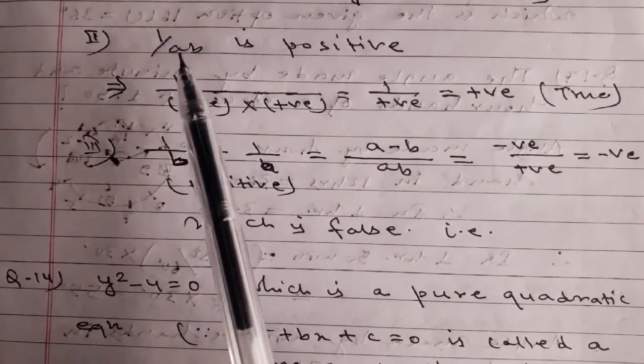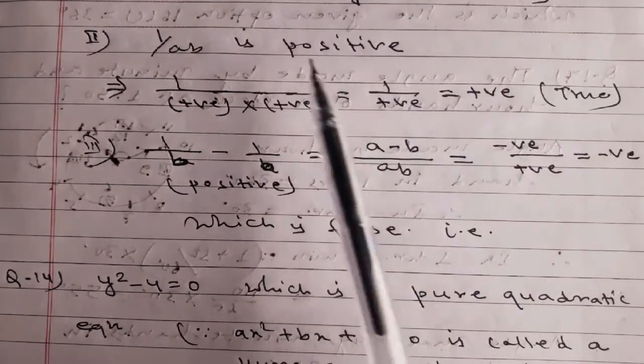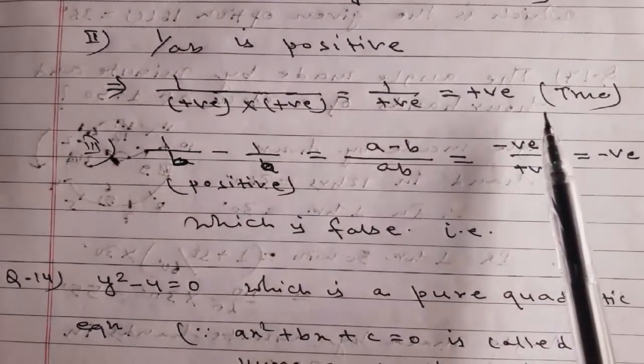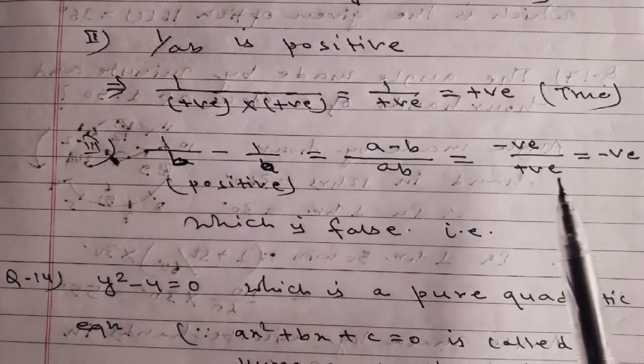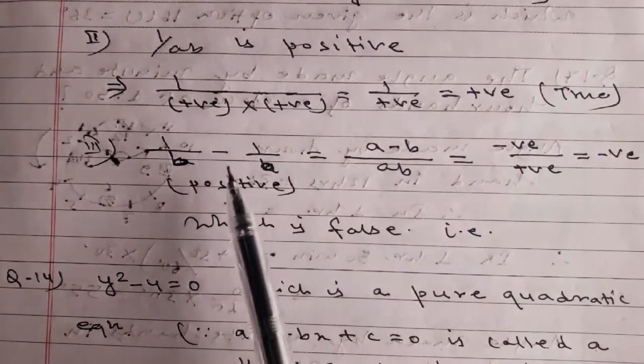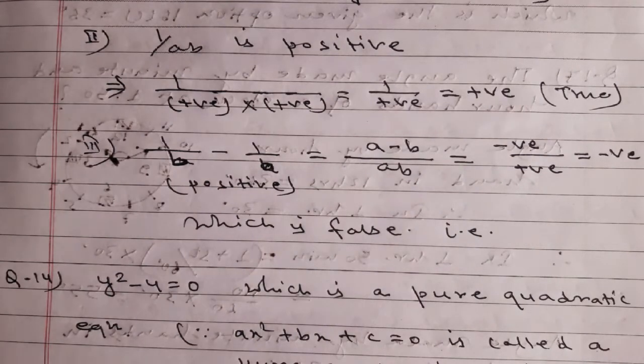The second statement, 1 by ab, is positive. Also we found that the statement is true. And the third statement, 1 by b minus 1 by a is positive, we found that it is false, because the value of 1 by b minus 1 by a is negative. So according to the question,